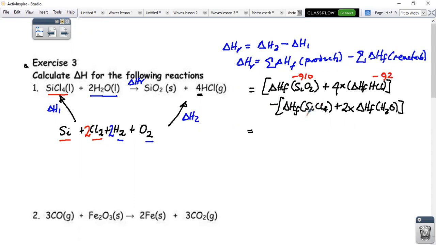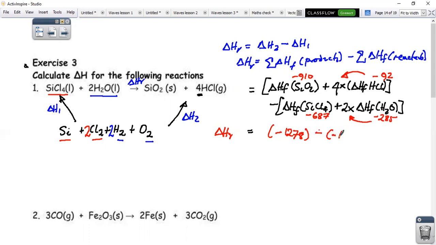And this here, minus 687, and this here is minus 285. You agree? Good. So if I put all these numbers in there, remembering to multiply that by 4, remembering to multiply that by 2, I therefore get that delta HR of this reaction is given by minus 1278